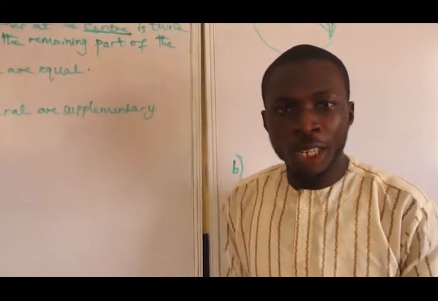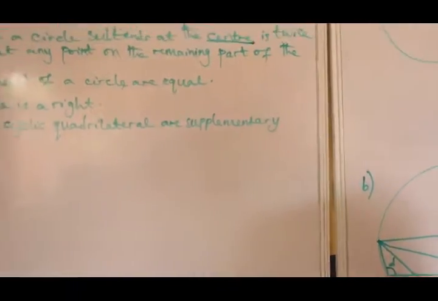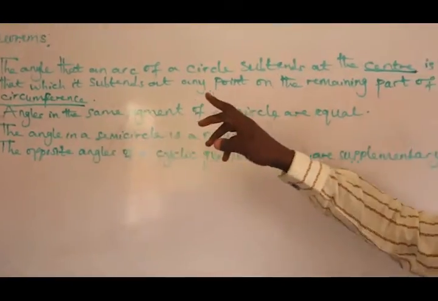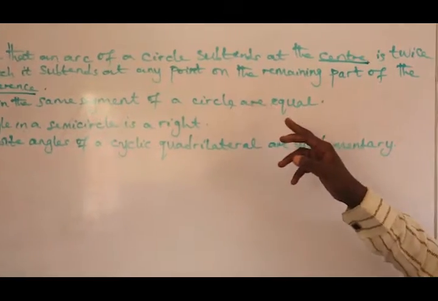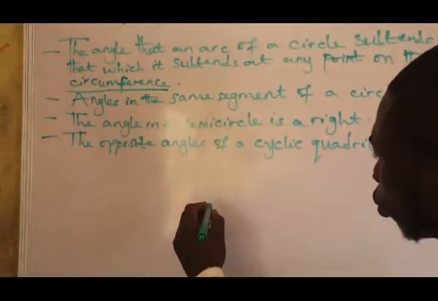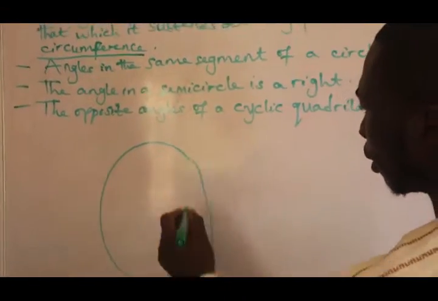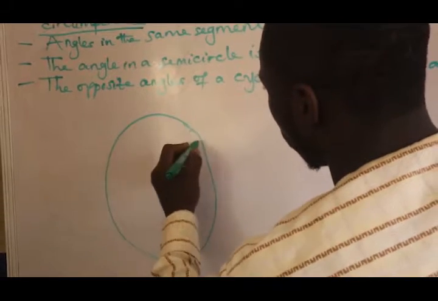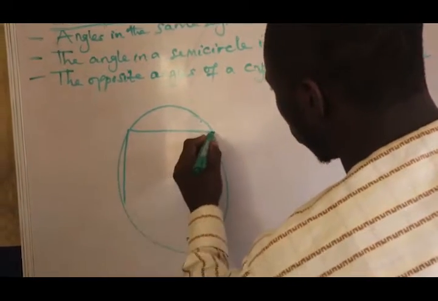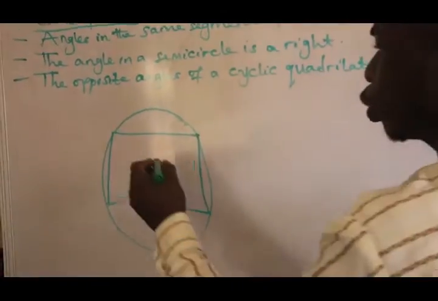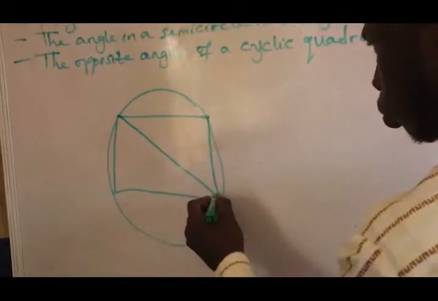Now let's proceed. Theorem 2 states that angles in the same segment of a circle are equal. What is that trying to explain to us? Now look at this. If I have a rectangle in this diagram, and I split it into two,